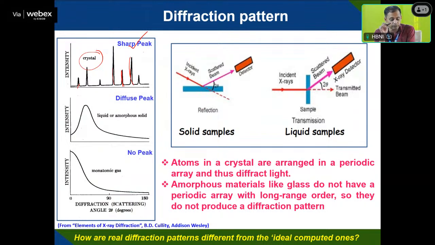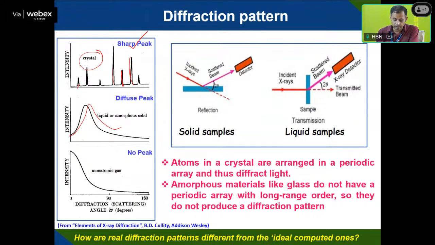But if it's a diffuse peak, a broad peak that you are getting here, or an amorphous peak, that means the structure is not completely formed and you are getting some amorphous material. And even no peak is observed in the case of a monoatomic gas or a liquid. So identification is possible only when you know what type of material it is, whether amorphous or crystalline. Then you compare with the available literature, the ICDD database or JCPDS database,